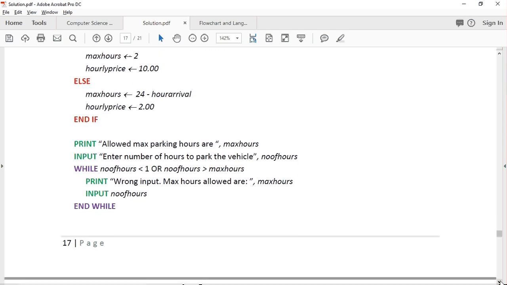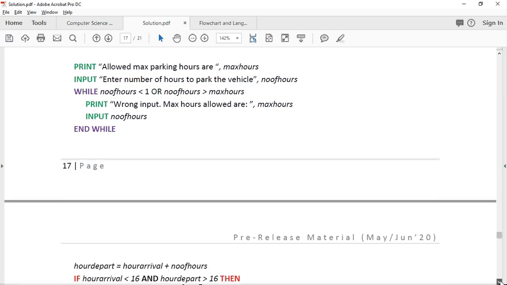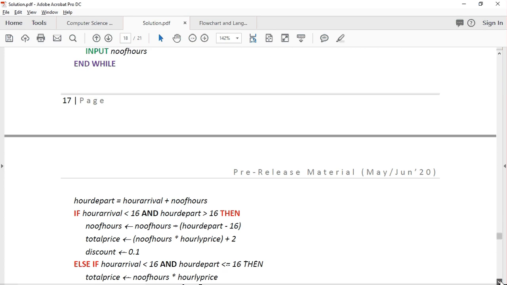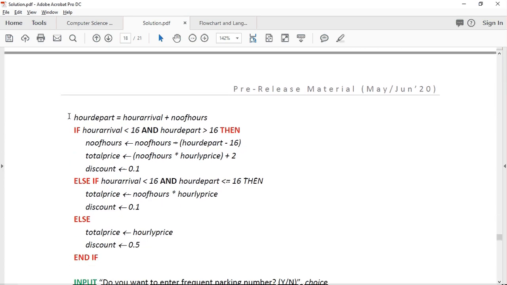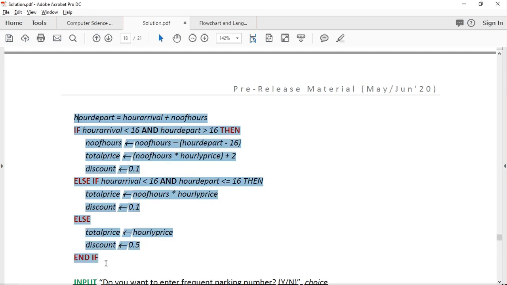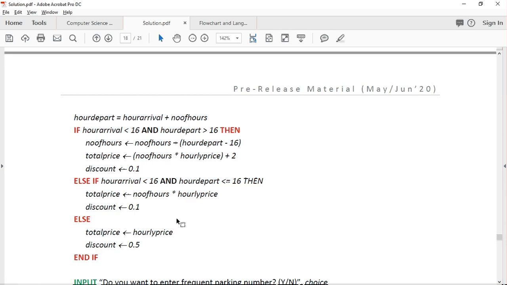So this is the code where you can easily input and get your required output. Hour depart is going to be hour arrival plus number of hours. This is the formula that you need to have, simple. And this is specifically what task 3 is all about, for getting the proper calculation of the number of hours. So here, as you can see, we have placed the proper code,